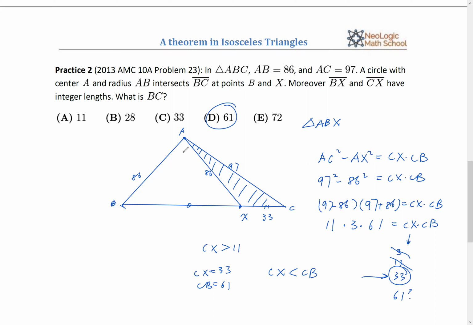We didn't really use anything about the circle. There is a big circle right here, looming in the back, right? We didn't really look into it. We only used the fact that this AX is 86. And that's all we need to do for this problem. But it does bring up an interesting subject I want to talk about, which is,